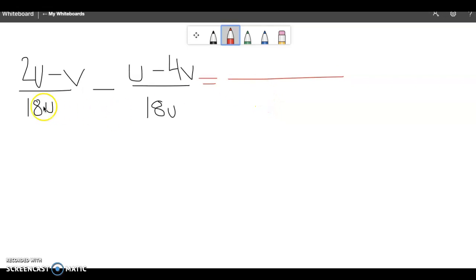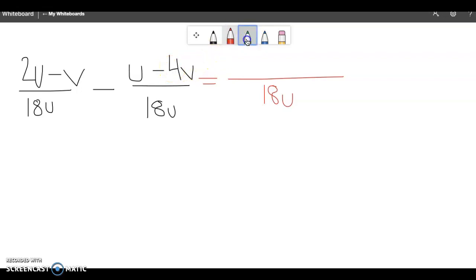So in this first example, I gave a common denominator of 18u. So I go ahead when I show that work and rewrite that in the denominator because I know I can use that for both because it's the same. Now the work in the numerator, always just be careful of the signs. Subtraction's a little bit more difficult because you have to remember you are taking away each of the individual terms